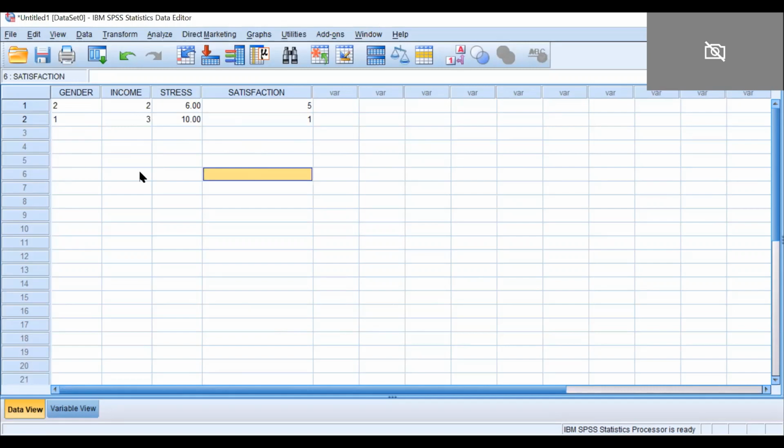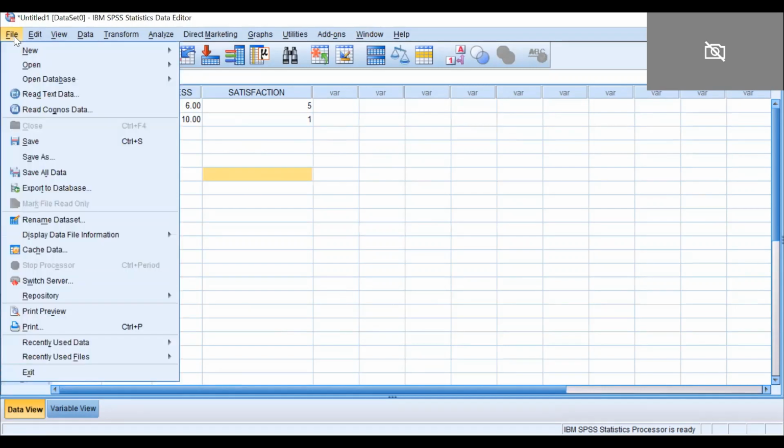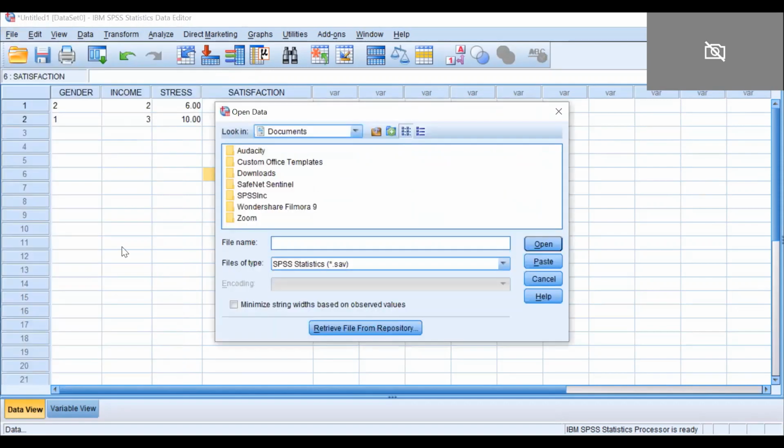One more thing we will discuss: from here you can also import your data. Suppose you have collected your data on a Google spreadsheet, so it will be in Excel.